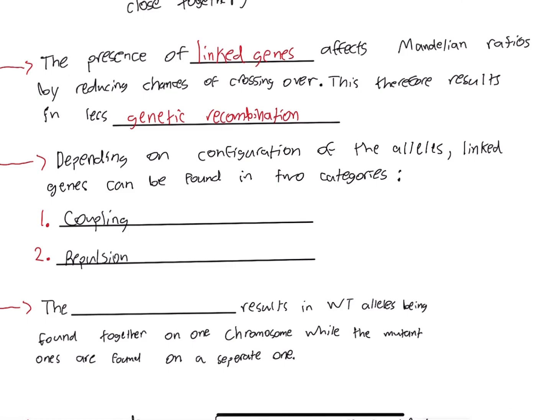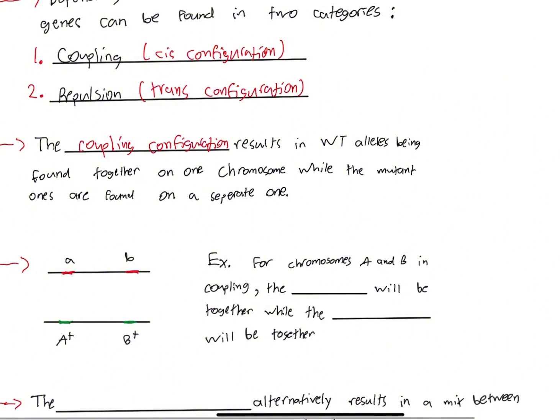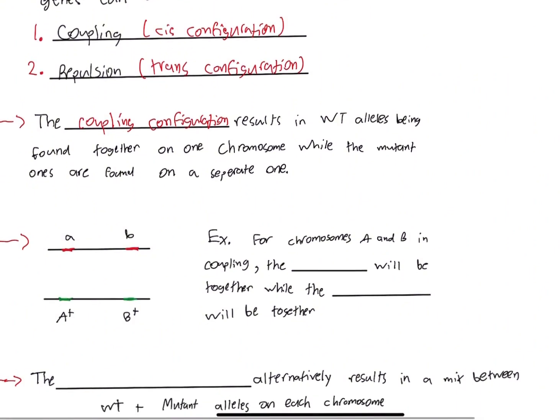Now, depending on configuration of the alleles, linked genes can be found in two categories. The first one is coupling, and this can also be referred to as the cis configuration, while the second one is referred to as repulsion, which can also be called the trans configuration. Now, if we look at the coupling configuration, we see that it results in wild-type alleles being found together on one chromosome, while the mutant ones are found